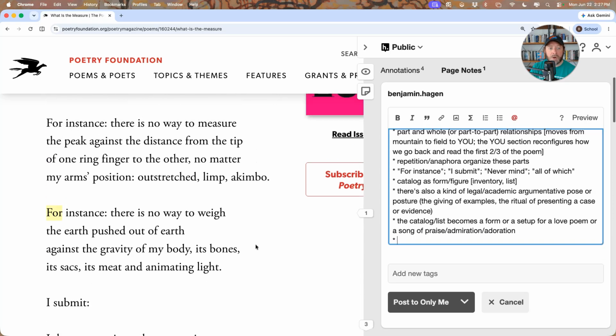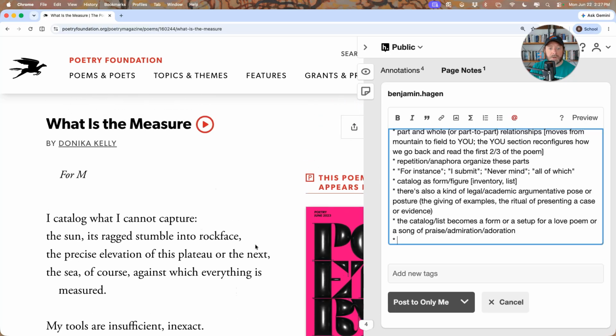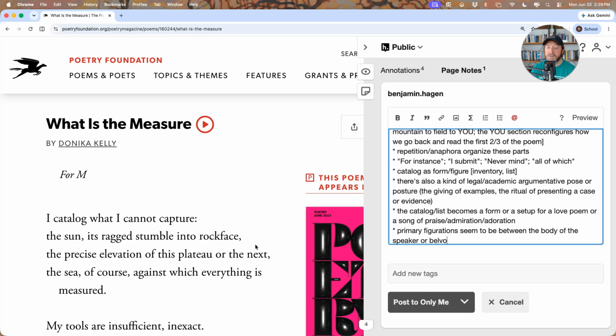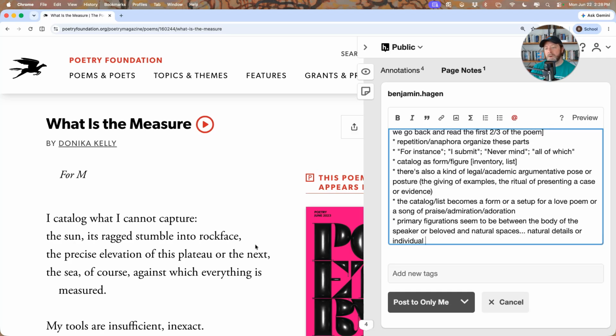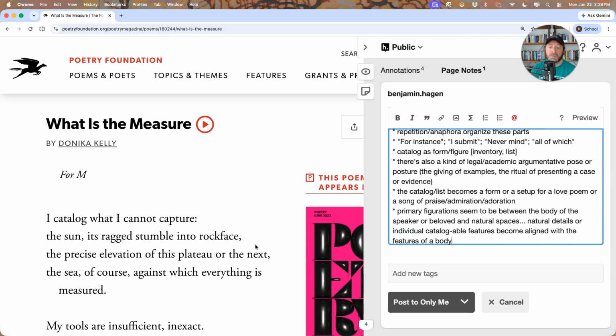Probably, as with many of the poems in Kelly's most recent collection, the primary figurations seem to be between the body of the speaker or beloved and natural spaces, natural details, or individual catalogable features become aligned with the features of a body, and thus sort of eroticized.